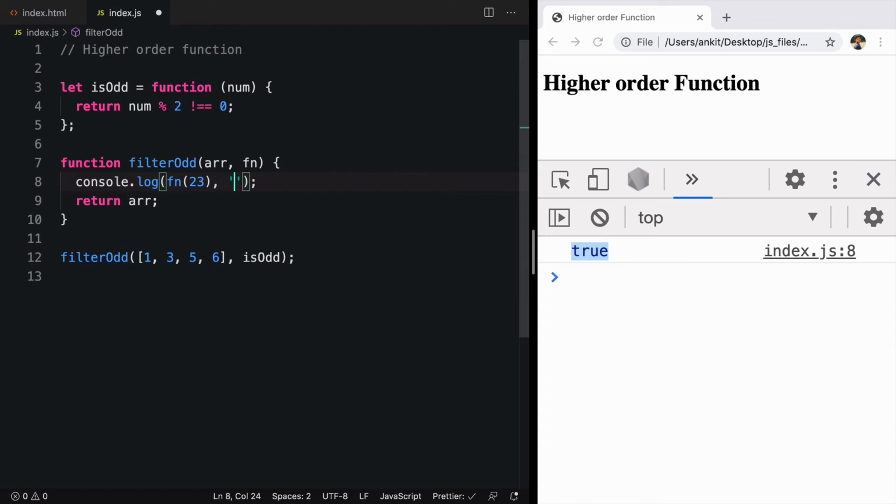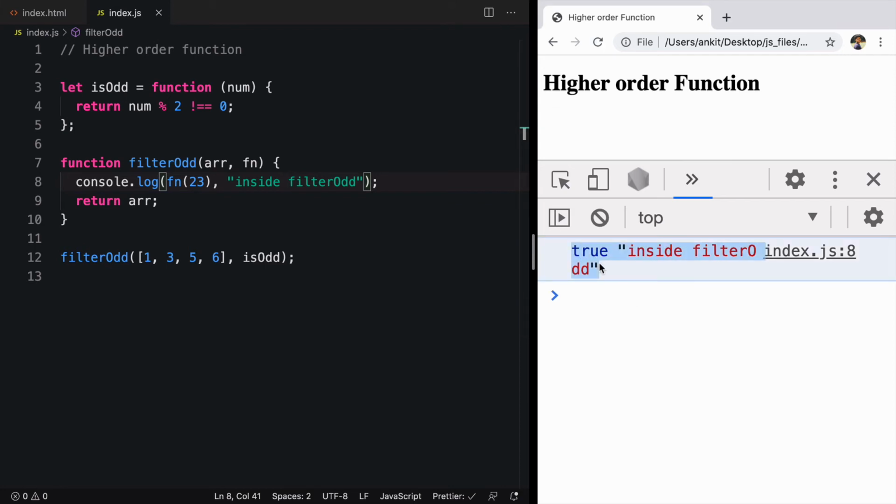For confirmation, I can write a message inside filterodd. Refresh it, and we can see the message true inside filterodd. So now what we are doing is, because a function is an expression, we can pass it as a parameter to another function, and that function can call our function. I know at this point you think that it is of no use to you. Let's just try to understand the concept first. We'll see the use case later on.